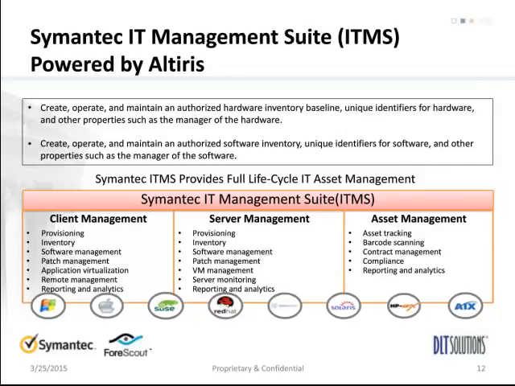And so once an agent's deployed, the management capabilities that an organization has are things like simplified software deployment, patch management, inventory discovery in terms of what hardware and software are on the box, process automation, remote management, and reporting. ITMS can be a system of record for IT assets for the organization, like a CMDB, and can track compliance with hardware or software standards. So if you have whitelists and things like that, we can track compliance against those. We can also enable the lifecycle management of assets all the way from acquisition through retirement.